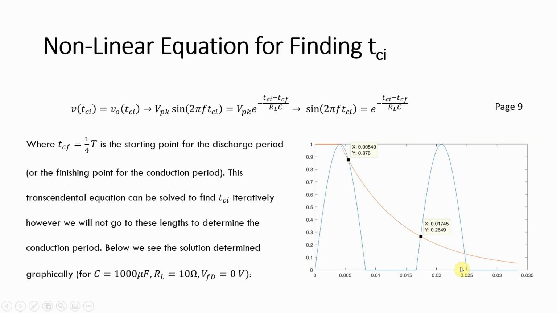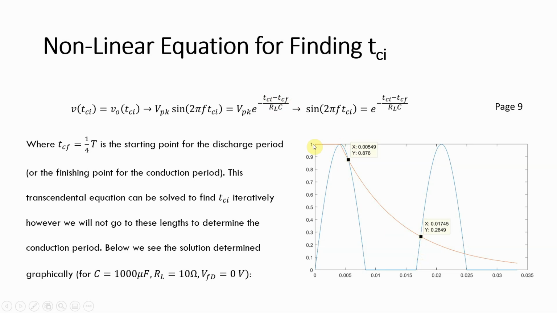But for V peak times sine omega t, the time origin is here. For V peak times e to the power negative t over tau, the time origin is here. And that's why you see a time shift here, because the difference between these two